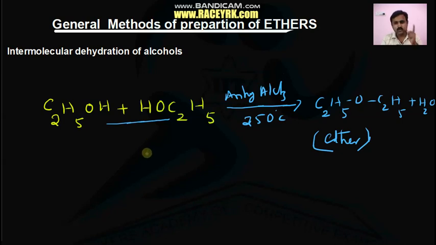You can take primary, secondary or tertiary alcohol to get symmetrical ethers. But the way of getting the ether from alcohols is different. The SN1 mechanism is followed by secondary and tertiary alcohols, and the SN2 mechanism is followed by primary or methyl alcohols in this discussion.